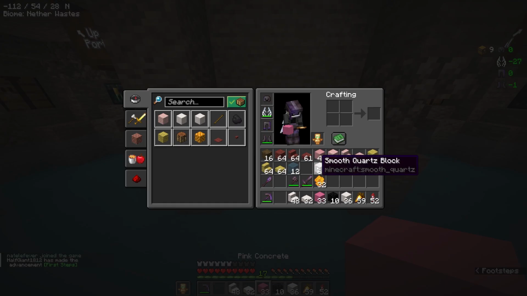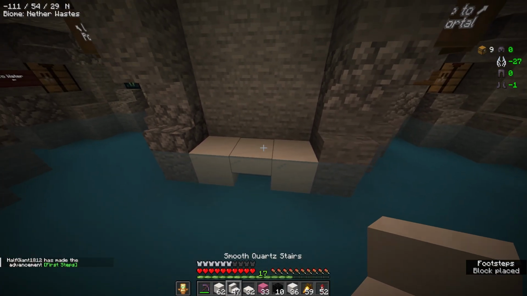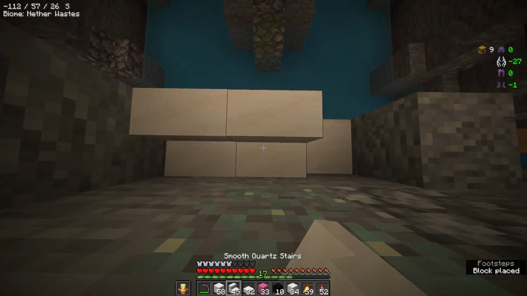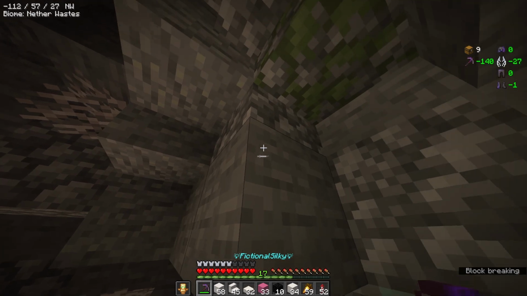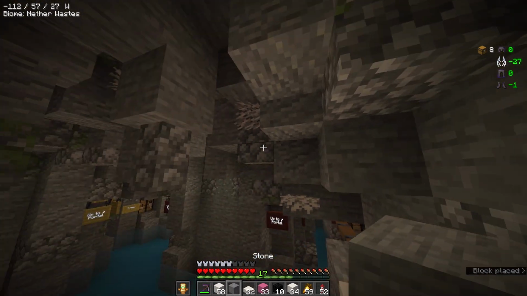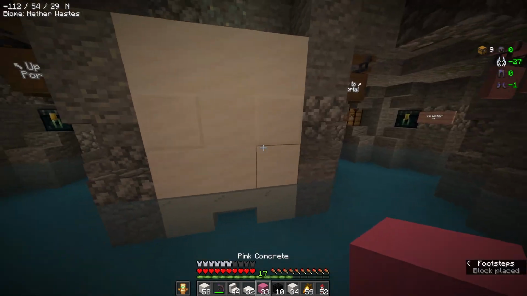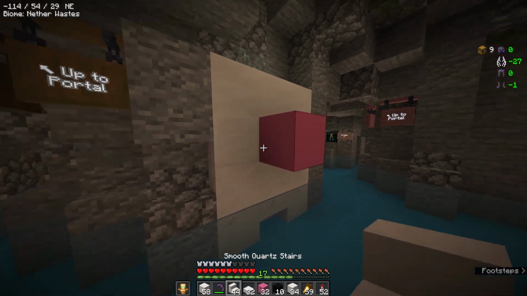All right, so this is pretty simple. It's just like that, and then that. I'm going to break this. Do I want to break this? Yeah, I can break that. I didn't want there to be a piece of one of these things or a piece of glow on it, because that's just annoying since I don't have those things in my inventory right now. So then we're going to place a pink concrete right there, and we're going to do